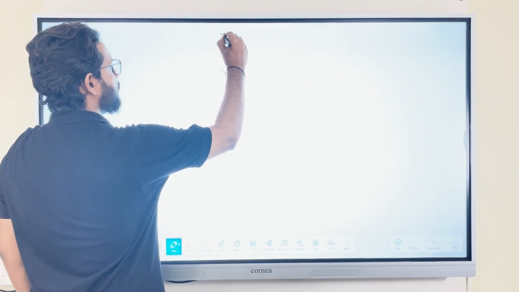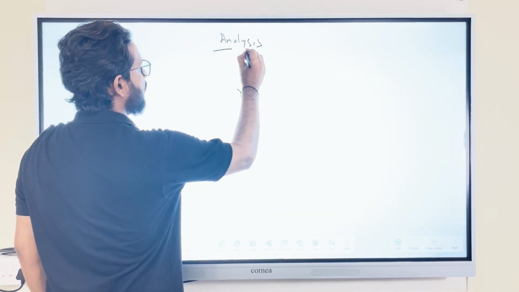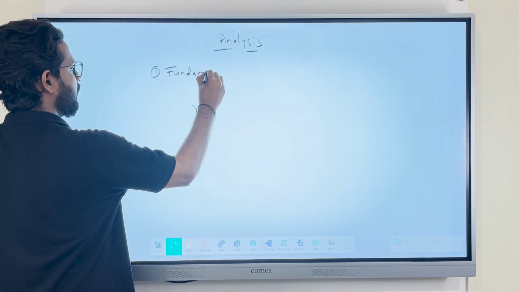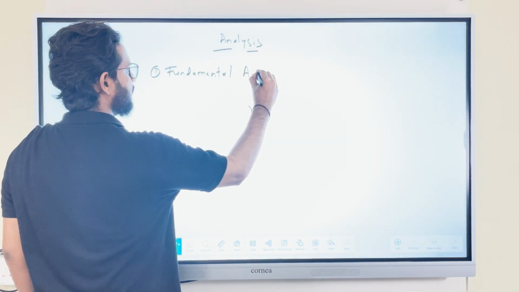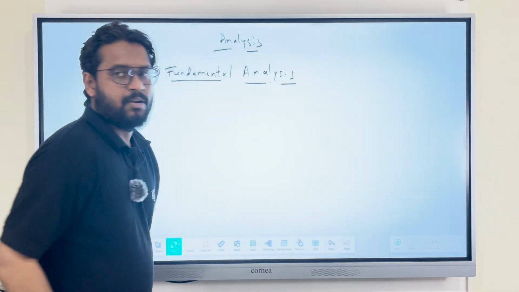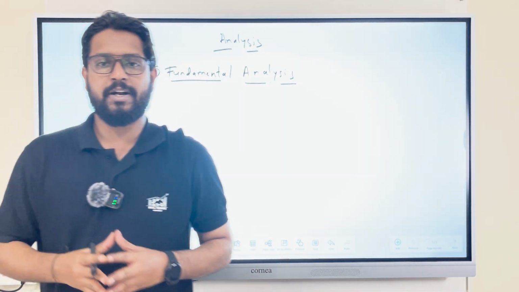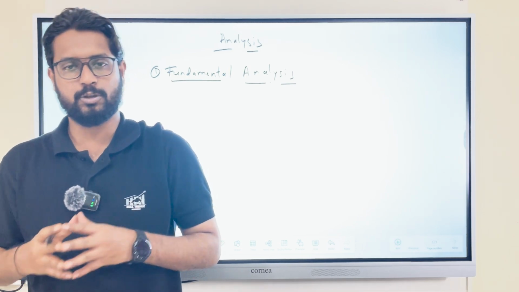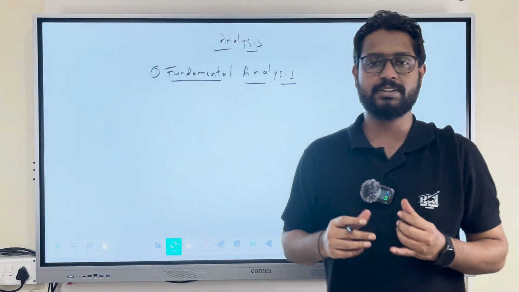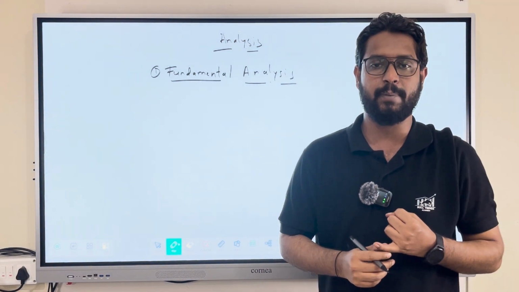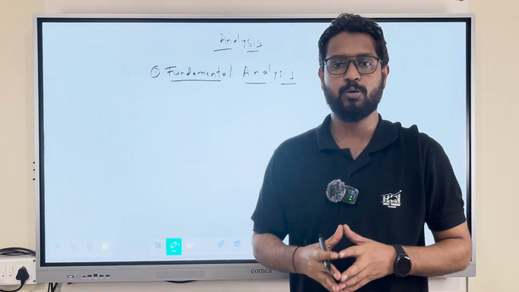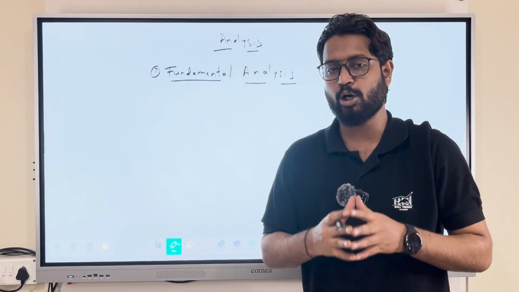So there are basically two types of analysis used in the stock market. The first one is fundamental analysis. Fundamental analysis is a method of evaluating a company's financial health to determine whether its stock is a good investment or not. It deals with the study of the company's cash flow statements, balance sheets, and income statements. Fundamental analysis helps the investor to determine whether a stock or a share trading in the market